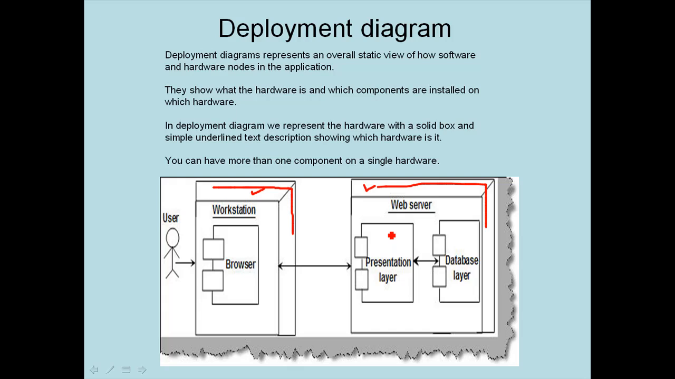On the web server, there are two components. If you remember, we have shown two components installed. One is a presentation layer and one is a database layer. And then we have a browser component which is installed on the workstation. And then we have shown the interaction. So the solid lines or the solid boxes represent the hardware, while the two rectangle boxes represent